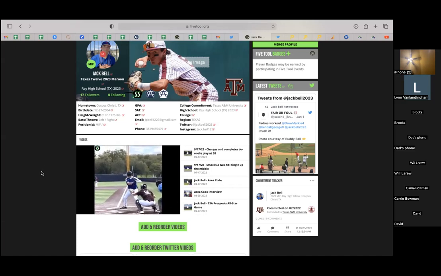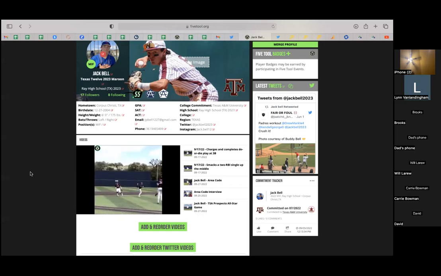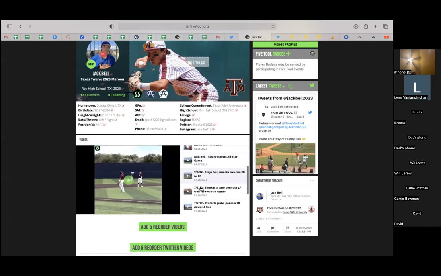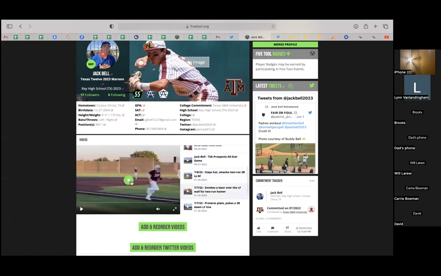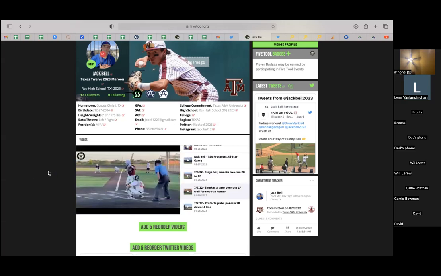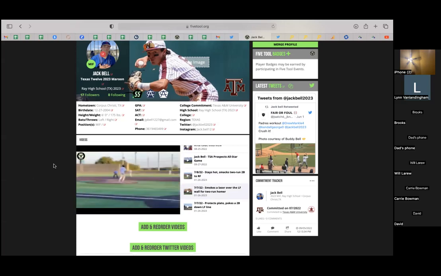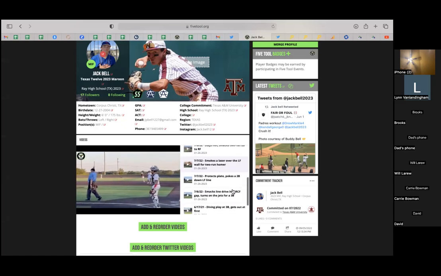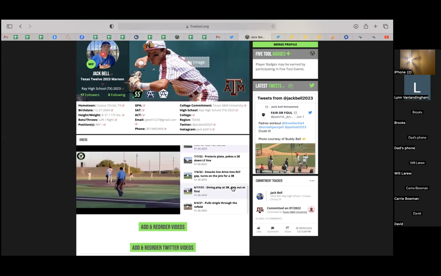The game of baseball teaches you so much about life because you have to learn how to deal with failure. But the great thing about it, it doesn't matter whether you go play at Texas or you go play at Blinn or you go play at Angelo State. That's going to be on that young man's resume for the rest of his life. And I can tell you, I was a below average Division I player, but it was a talking point in every job interview I ever had.